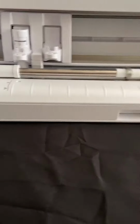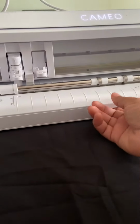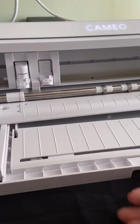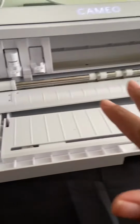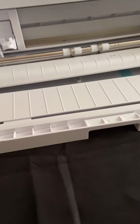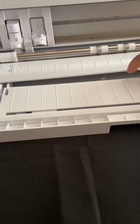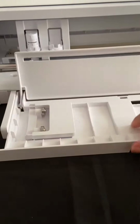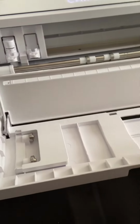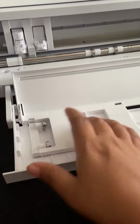Decided to do a quick video showing you how to load the roll feeding feature on the new Silhouette Cameo 4. So it's really quick, it's not going to take long. I saw here where you had to open this little flap and see these little things here. You open those,